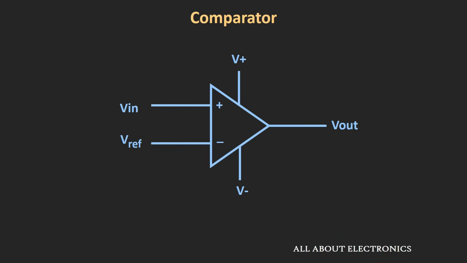So far in our discussion, we have compared the input voltage with a reference voltage, but in some applications it is required that your output should remain either high or low whenever your input voltage is within a specific band. These kinds of comparators are known as window comparators. In a window comparator, your output will be high only when your input voltage is within a specific band of voltages. The lower voltage is known as the lower threshold voltage, VL, and the higher voltage is known as the higher threshold voltage, VH. Whenever your input voltage is in between VL and VH, only then will your output voltage be high.